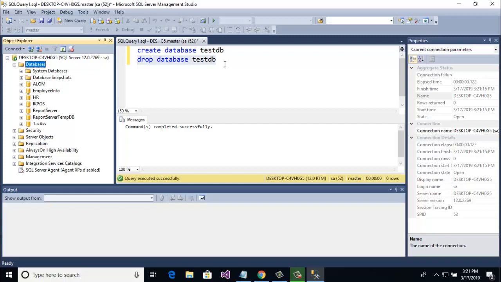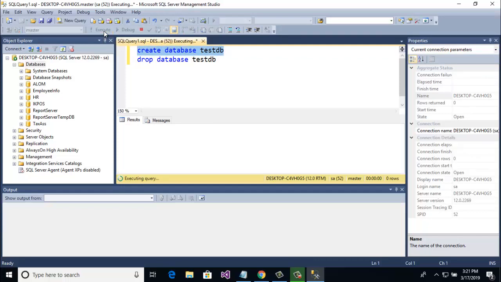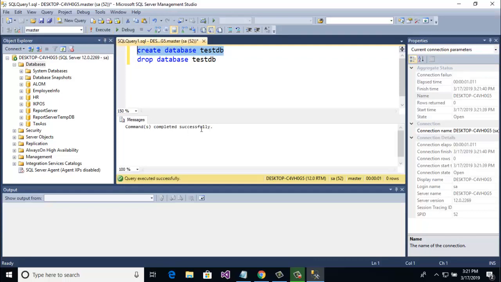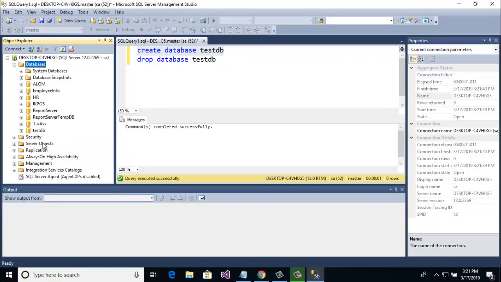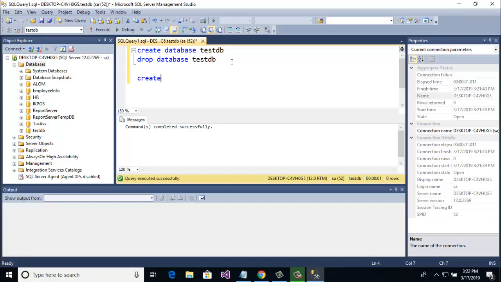But for create table, I need a database, so I again select create database test db and click execute. Command completed successfully. Now I'm going to refresh, and here you see test db is created again. Now I'm going to create a table, so the database I use is test db. So I select test db and just write create table, and here I give the name employee